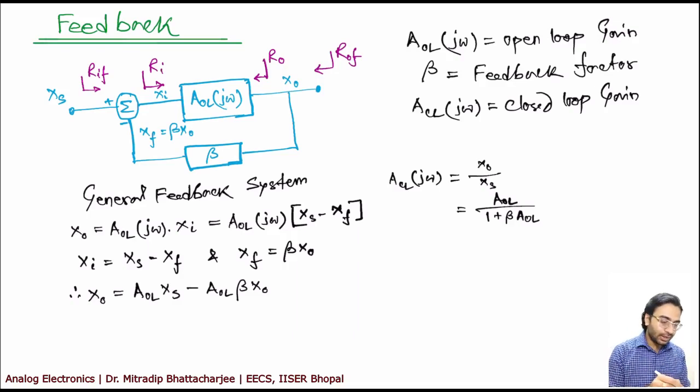So this is a typical feedback system. If you look at the system, first let me be very clear. This feedback system is not specific to electrical engineering. This is more or less a control thing, and it is true for most of the systems. If there is some energy associated with the system, you can use this. However, we are using this feedback system in electrical engineering here. It doesn't mean that this feedback system is only true for electrical engineering. It is true for most of the systems.